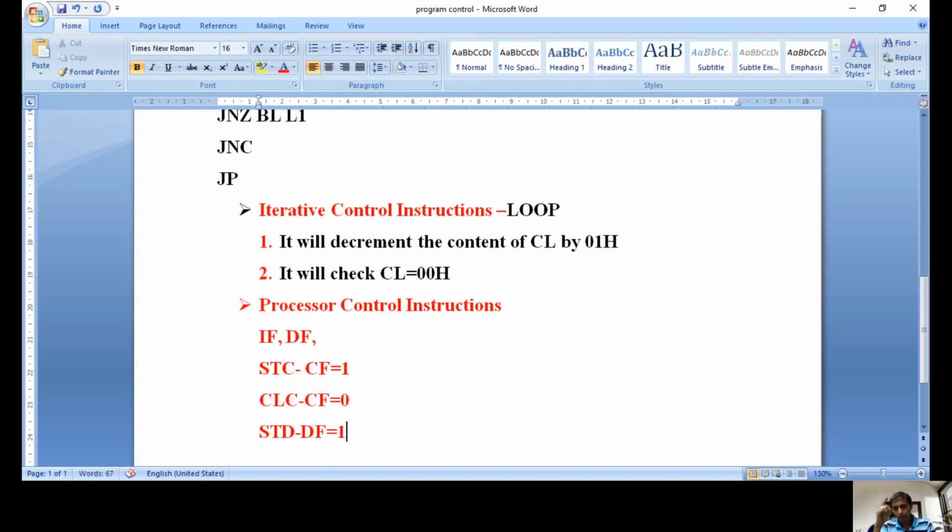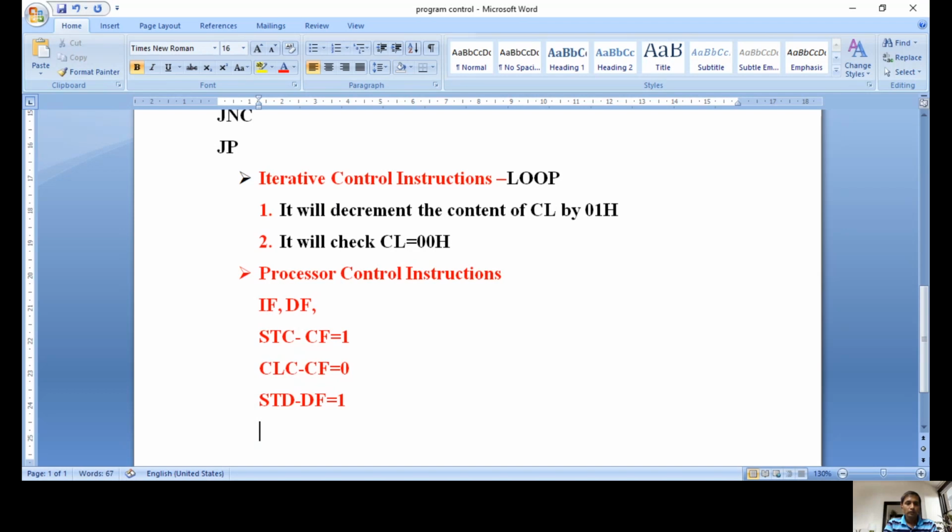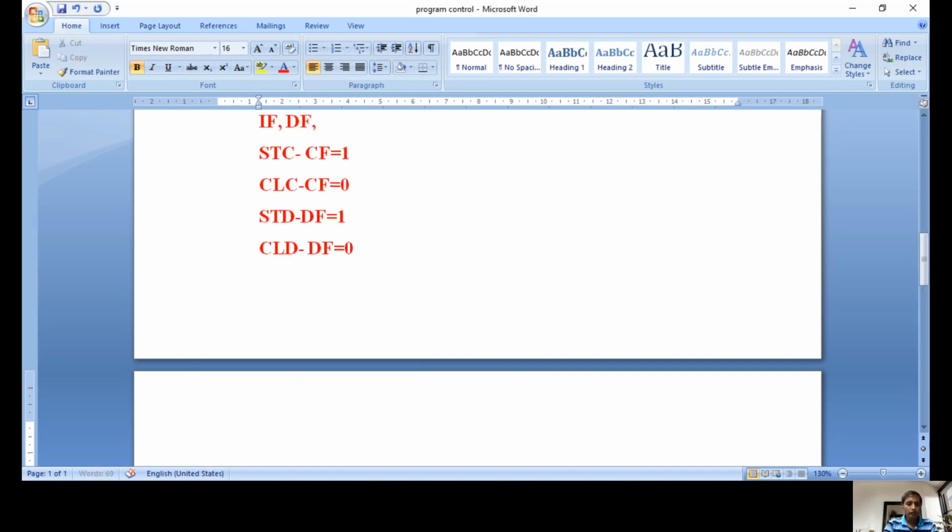Whenever the direction flag is 1, as I already mentioned, the processor will process from higher address to lower address, in reverse. Similarly CLD, clear direction flag: DF is 0, and the processor will process from lower address to higher address. Similarly, set interrupt means the interrupt flag is 1.